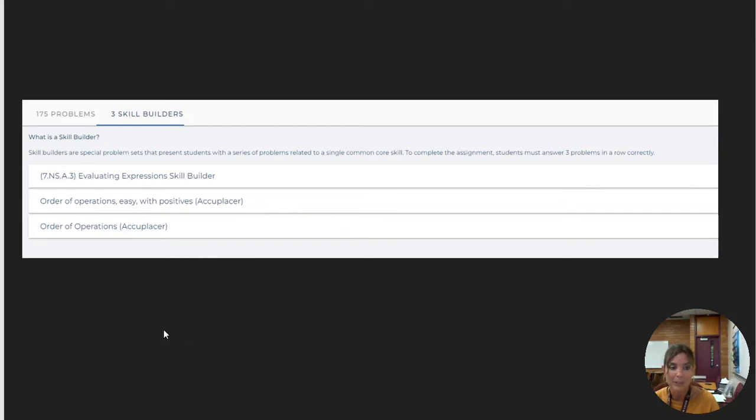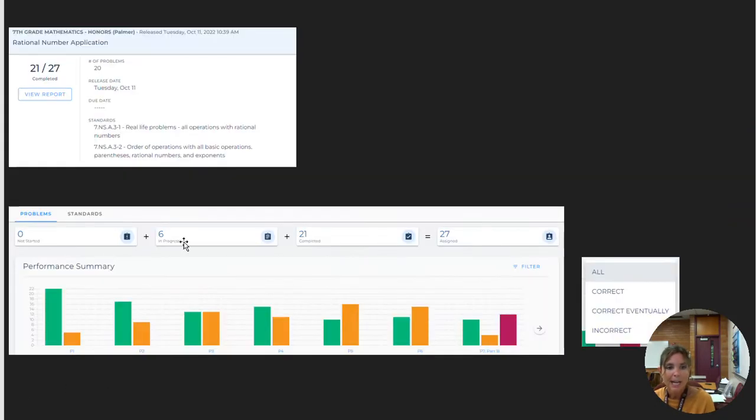Okay, so pretty cool. So the next thing that I want to talk to you about is the most awesome piece of this, I feel like, and that is the data that we have access to as teachers when we use this resource. So I pulled together what it looks like on your end after the students have completed an assignment. So I had my honors class do this rational number application assignment, and then when I clicked view report,